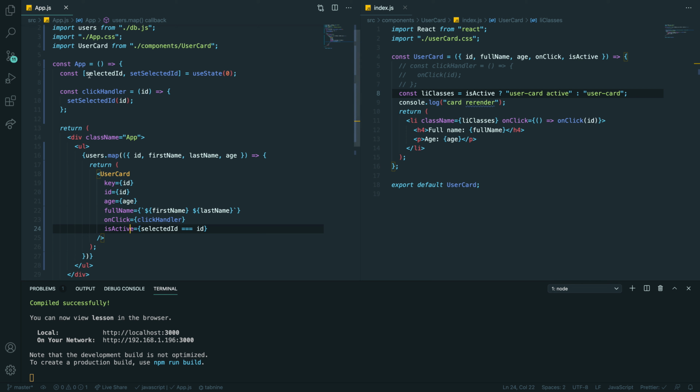So imagine if you have a few children and the app is not the top component, you have some parents, it will trigger re-render for all the tree forwards, not upwards. It will not re-render the parent. Oh, wow. So you kind of isolate the part of your application you're re-rendering. You're not re-rendering the whole application.